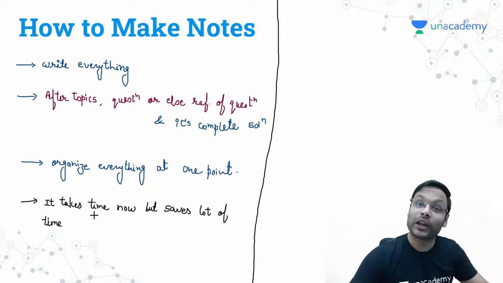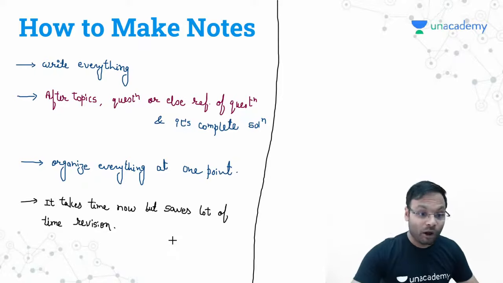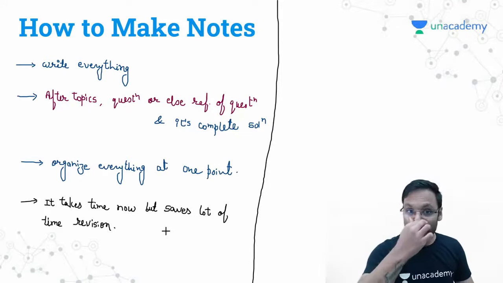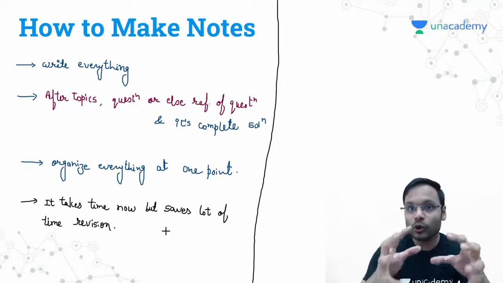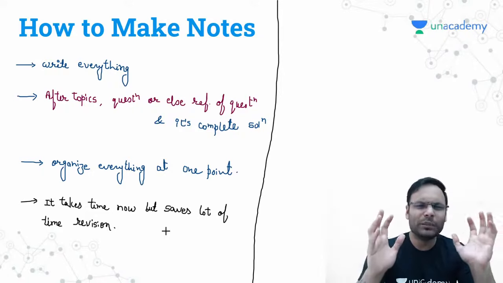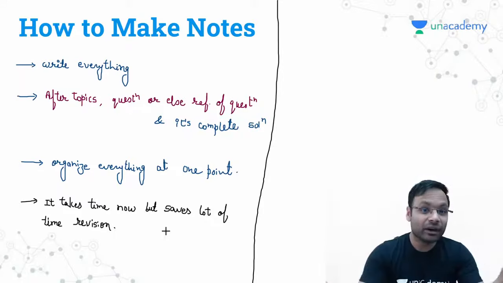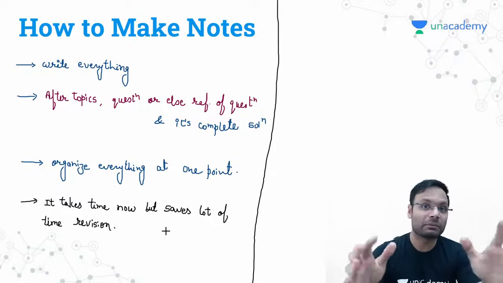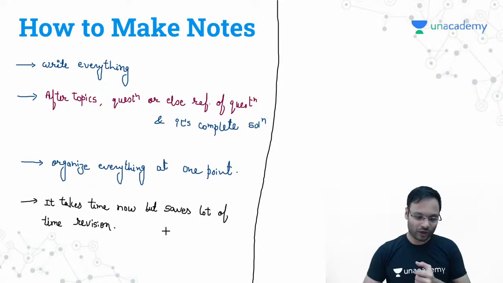Why? Just because we don't have patience, sir. We want to cover up the syllabus as soon as possible. Later on we will see if we have any kind of problem. The problem can be bigger when you run out of time at the end, and you have to revise each and everything which you have learned, but you are not able to find all those things at a single point. In that case, you will be frustrated, you will be too depressed, it is possible you will lose focus, you might give up. I don't want anybody to give up at that stage after preparing for 7-8 months non-stop. No, not at all.